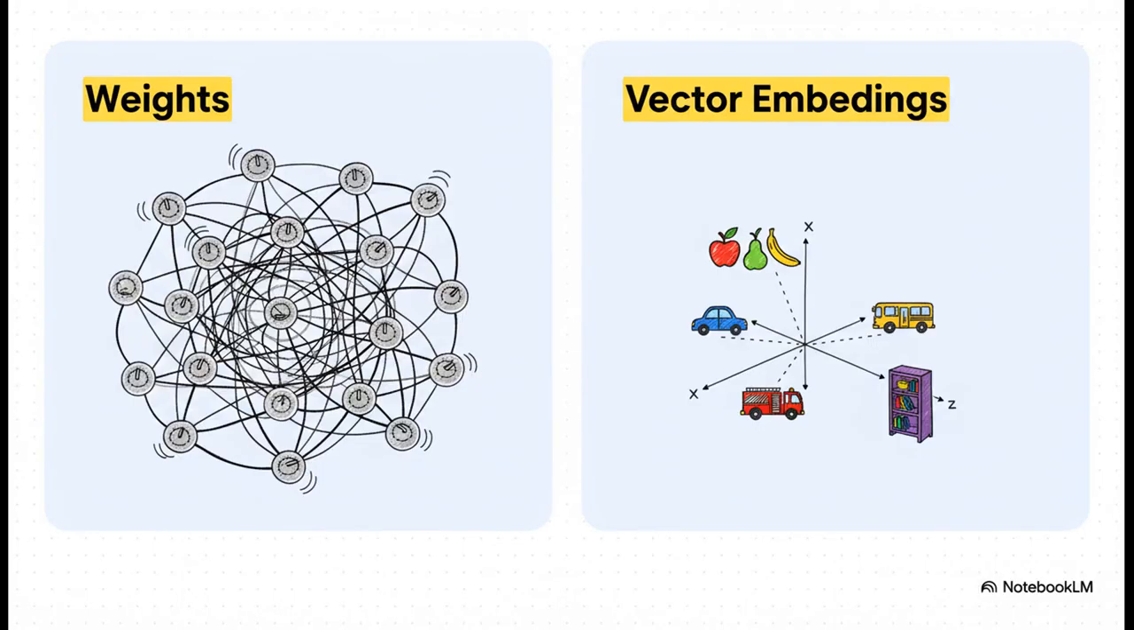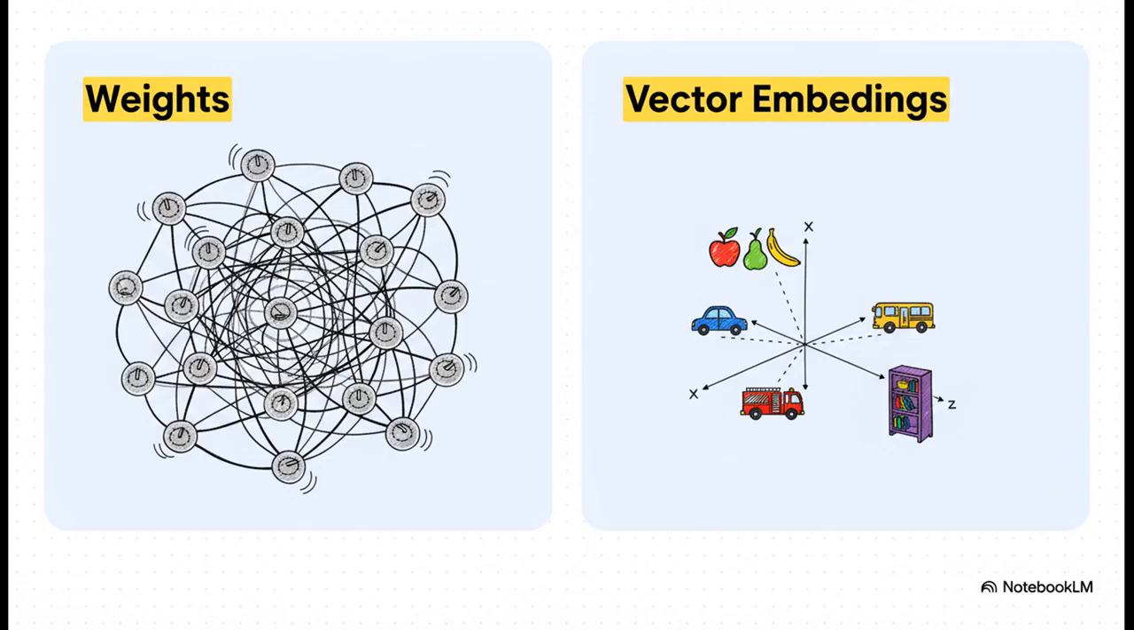So how in the world does an AI actually store everything it learns? Well, it comes down to two key ideas. First, you have the weights. Think of these as millions, sometimes billions of tiny little dials that the AI tunes over and over again during training. That's its stored